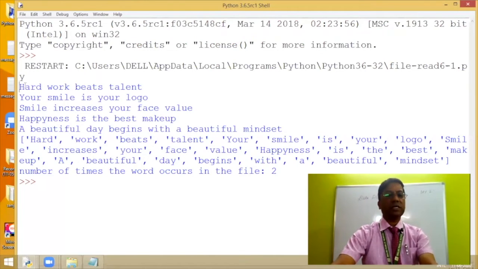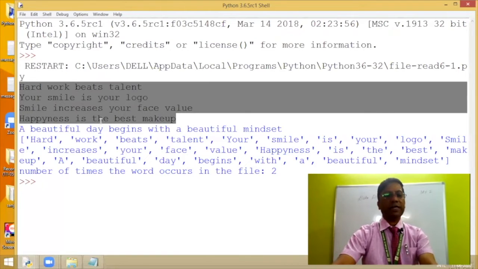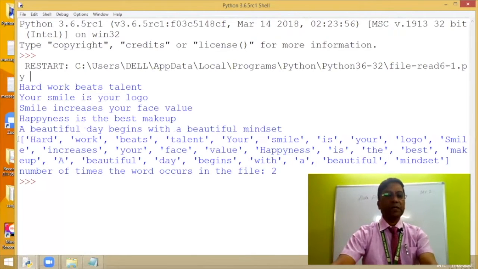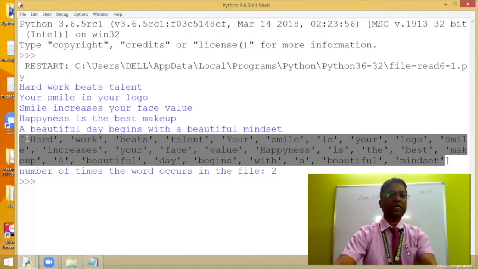Now you see, because of print data1, I'm getting the entire content of the file, so with this you can make out what the content of the file is. After using the split statement, the entire string is split based on the space between the words and stored in a list.